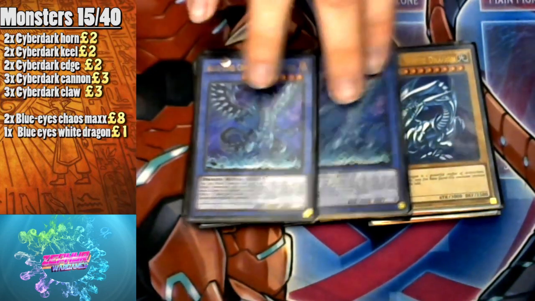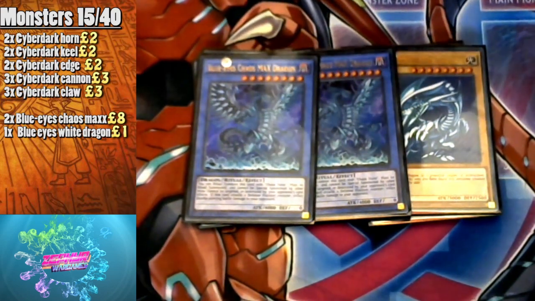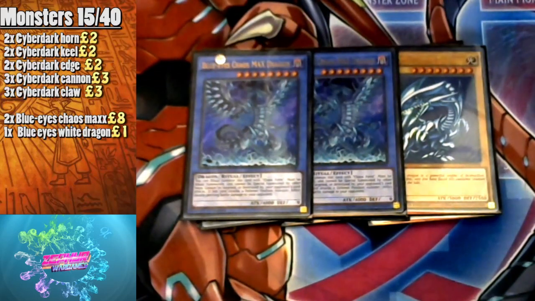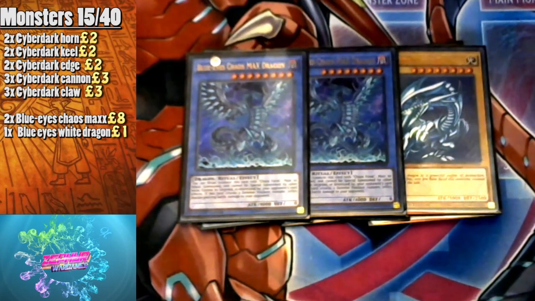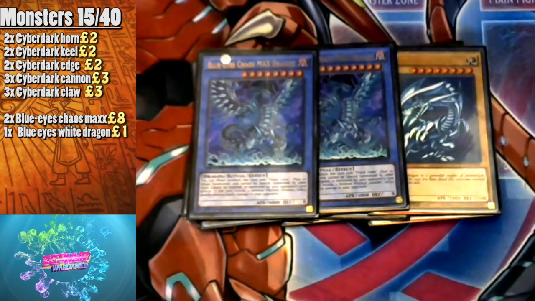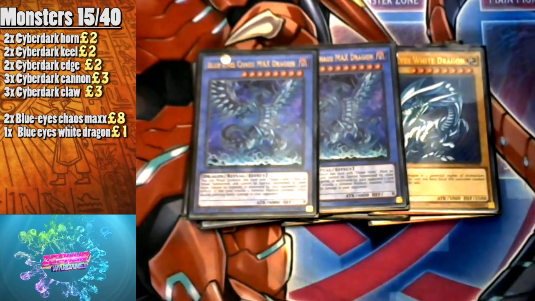Max Dragon. That's right, I've gone with the ritual build with Cyberdark. I just think Chaos Max is just a powerhouse on its own, can literally just steal games on its own, just because not many people have ways to get over it. Which fits Cyberdarks perfectly, and just being a big 4,000 attack dragon that you can just equip from graveyard to your Cyberdark Dragon, which means that you can, by having the dragons already in your deck to equip to Cyberdark Dragon,